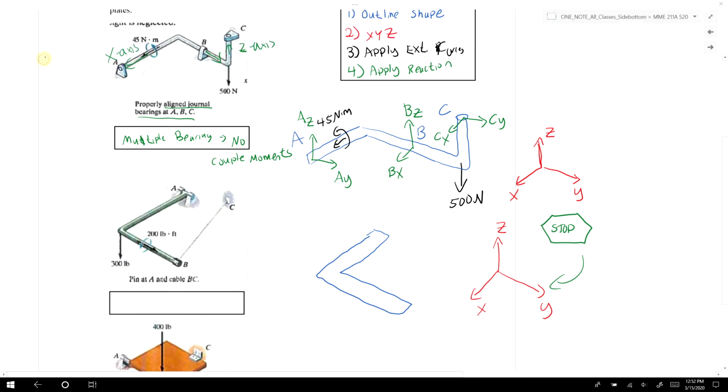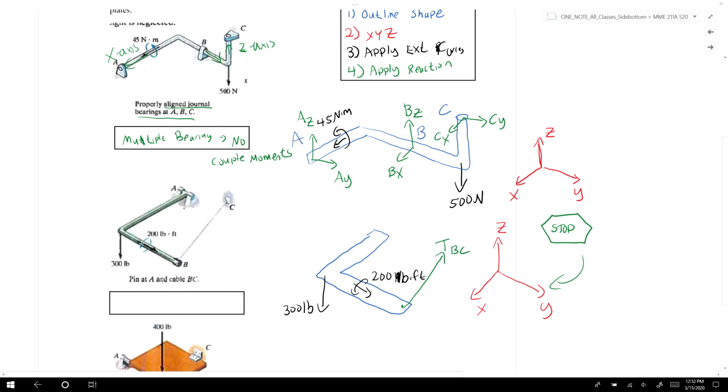we have to apply our external loads. So we have a 300-pound load going along the z-axis, and then we have a 200 Newton meter couple moment that's going about the y-axis, or pound foot moment going about the y-axis, and then our last step is to apply our reaction forces. So we have a cable that goes from point B to point C. So it will go along the direction of point B to point C,